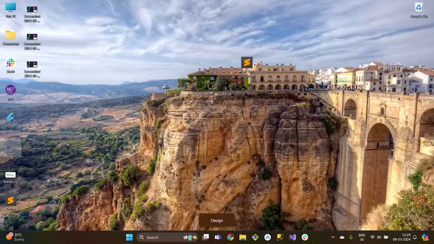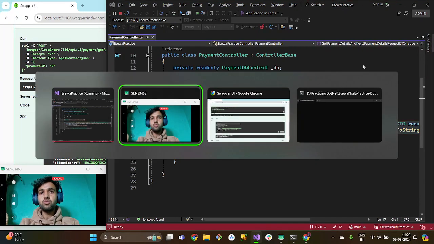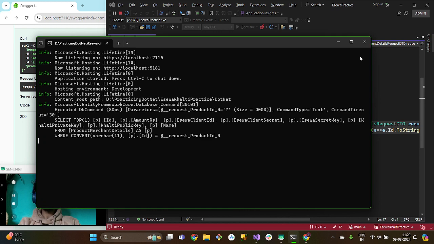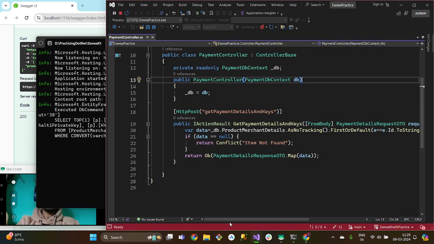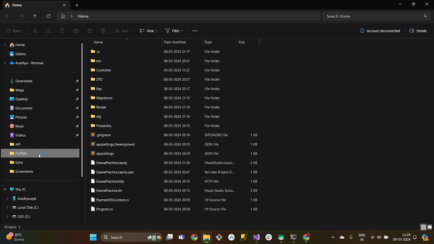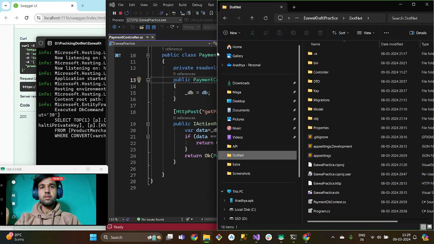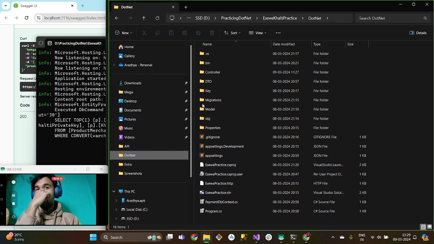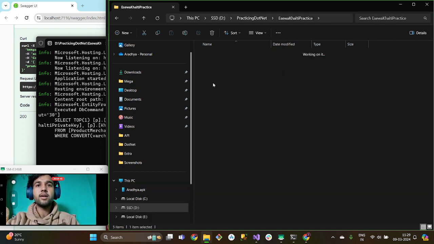Hello guys, welcome back. Okay, so as I've shown in the previous code, this is .NET. My mobile is interfering. So this is the .NET where I am. In a future video, I will also set my camera in another way. For now, just ignore. So these are the keys